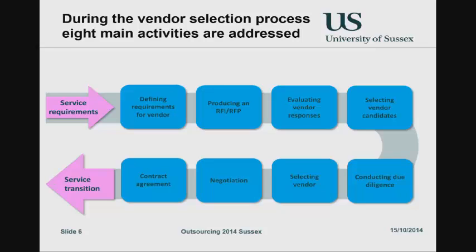So we select the candidate who can do the job, usually with a backup, just in case the rest of it fails. Then we move into negotiation, which I'll also cover a little bit on this course. You do a special course on negotiation next year by one of the people who has never done any negotiation. They're going to show you all about negotiating tactics and approaches and some of the rules, and I'll show you some of the tricks as well. And if you get through all that lot, and we've negotiated a reasonable deal and everybody's happy, not quite at champagne yet, then we go into the contract agreement.